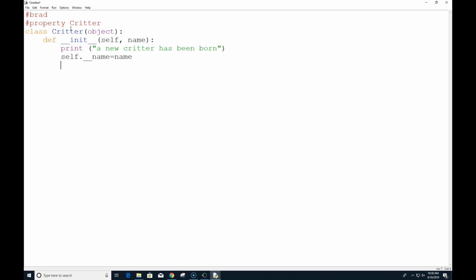And we're also going to then put something new that we haven't seen. So at property, and we're going to define name, and that's going to return self dot name.